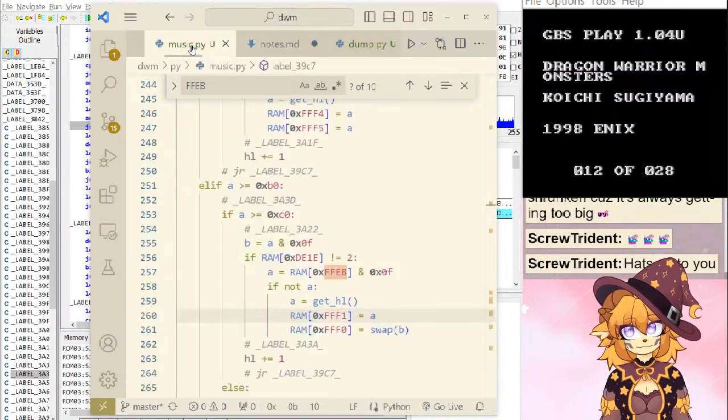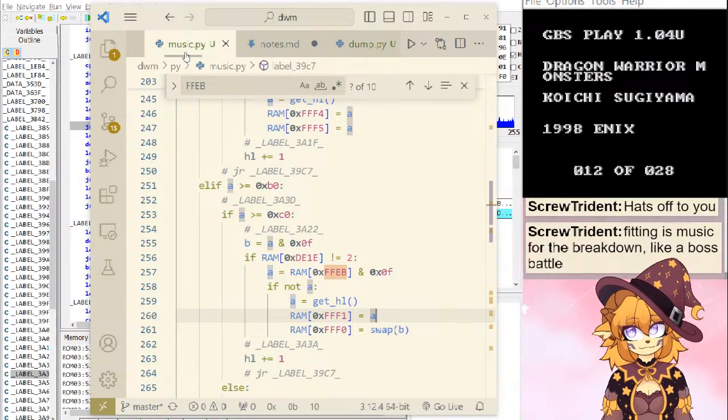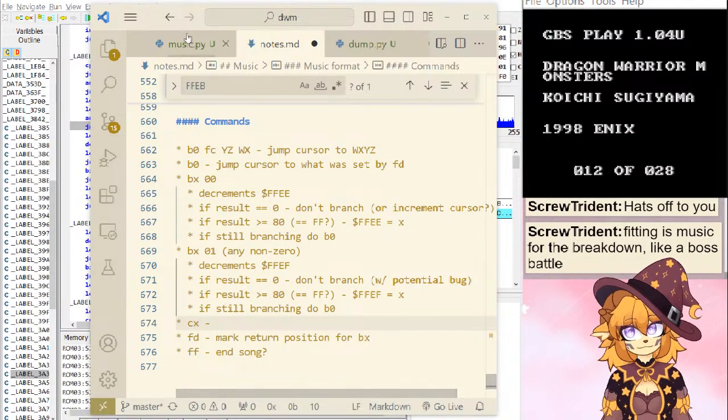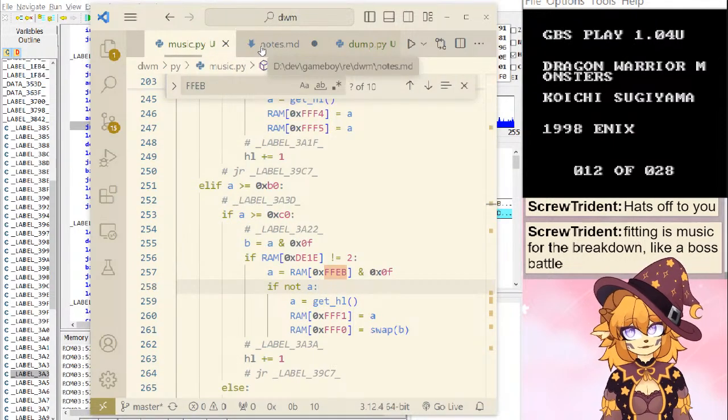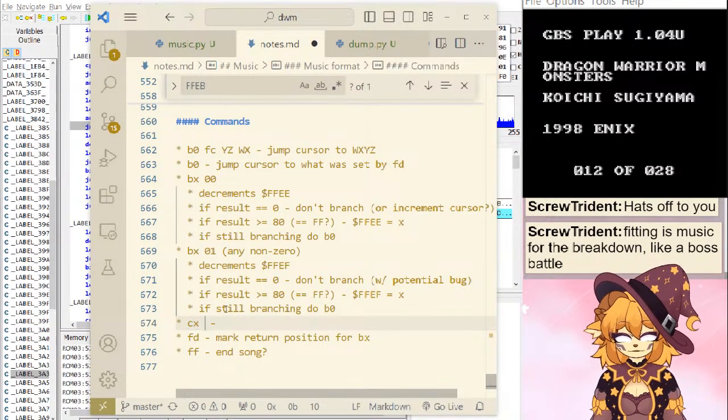So let's... oh, it's just checking it. It's not even using it. Okay, so it puts the next byte. So we'll call this byte